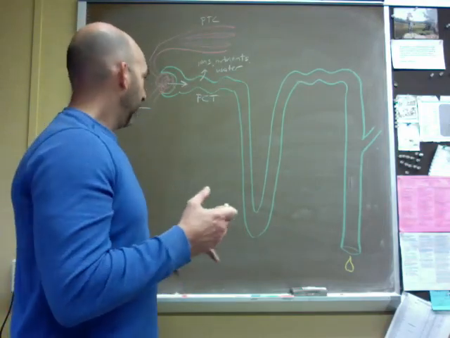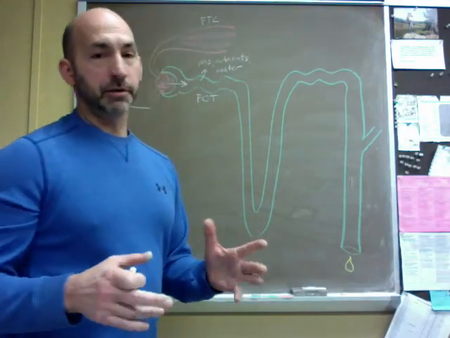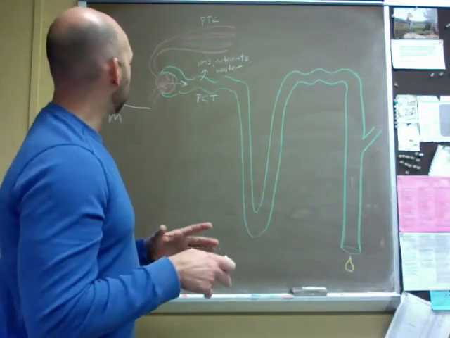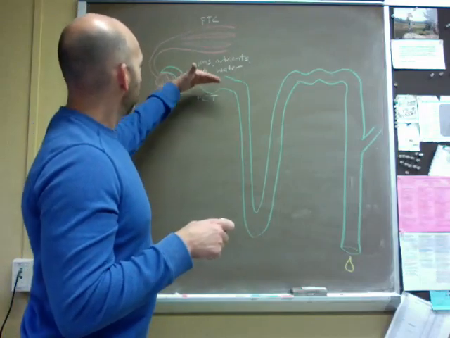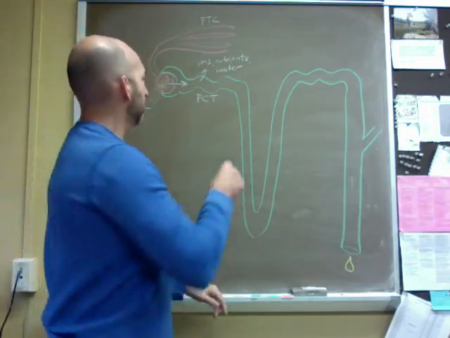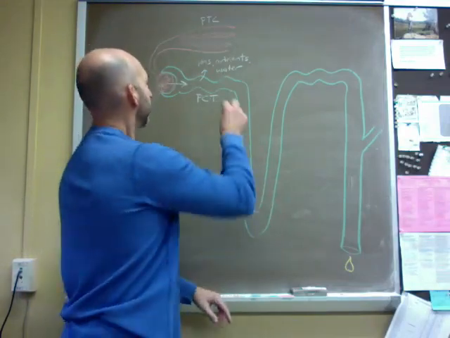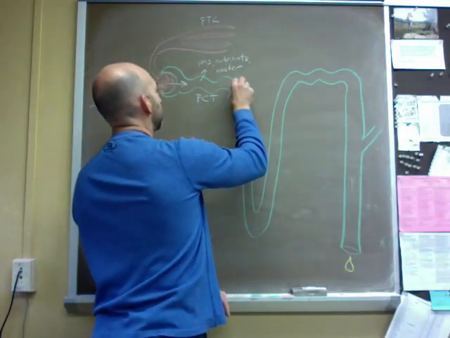Right? If we do start excreting them, then of course the clearance is no longer 0, but again, that's a pathological condition. All right, so our PCT is doing the majority of our reabsorption. It does do a little bit of secretion. Well, I should say little. It does a fair amount of secretion. Right? It secretes protons,